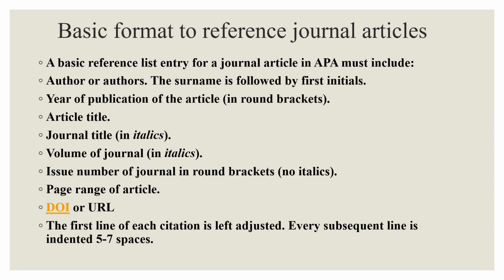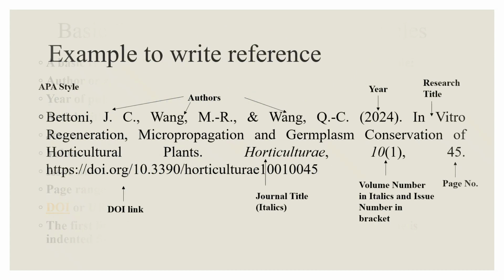So this is the example. Here you can see this is one of the references. These are the authors that you will be writing, followed by the year of the publication, followed by the title of the research, then the journal title, which has to be in italics, volume number in italics, issue number in brackets, and the page number. And in the last, you will be giving the DOI link. So by clicking this link, you can get this paper. So this is how you have to write the